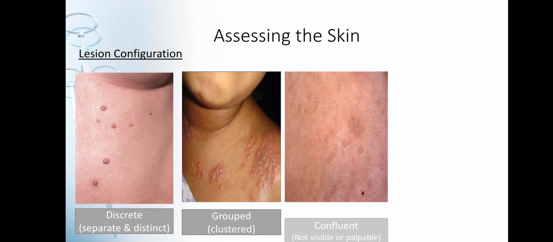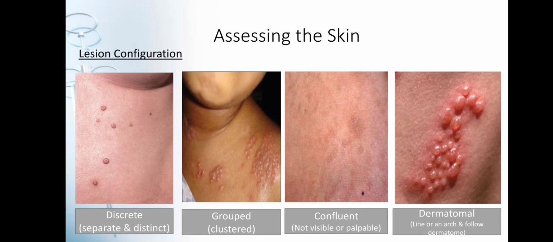We have also the different lesion configuration. So, pag discrete, it is separated and distinct. So, malayo-layo sila. Grouped or what we call the clustered one. Confluent is not visible or palpable but may kita mo na merong umbok dyan. That is the confluent. And dermatomal is a line or it is configured through a line or an arc and